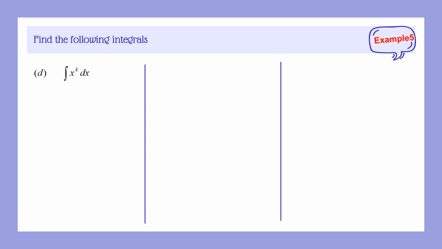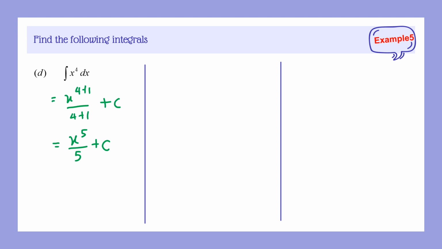For question D, integrate x to the power of 4 dx. This question is similar to the power rule, which is integrate x to the power of n dx, then we get x to the power of n plus 1 over n plus 1 plus c. So to integrate x to the power of 4 dx, we get x to the power of 4 plus 1 over 4 plus 1 plus c. Then we simplify, 4 plus 1 we get 5, then we get x to the power of 5 over 5 plus